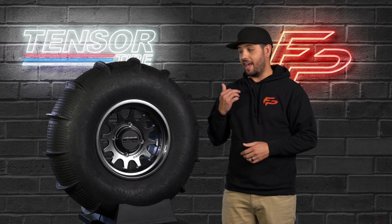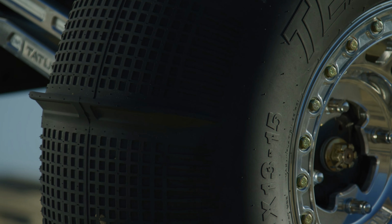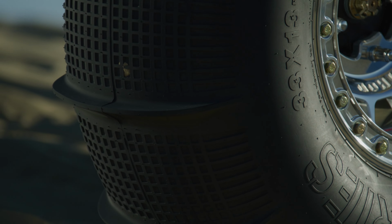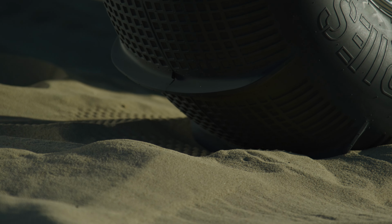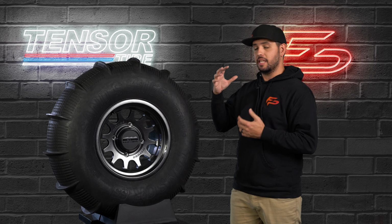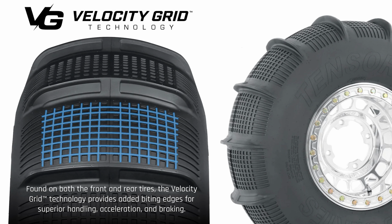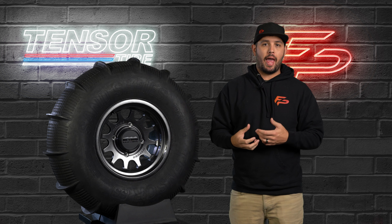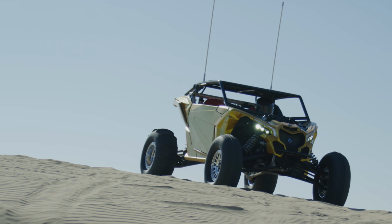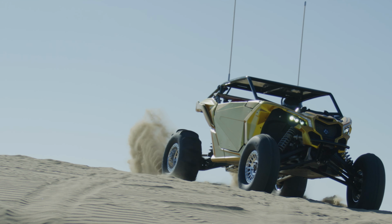All right, so first up, we have the rear tire in the Tensor SS Sand Series lineup. So this is a paddle, 14 paddles, 1 inch in depth for those paddles. The biggest change that you're gonna see with this, obviously, is this velocity grid. So this is a patent pending design that Tensor has come up with. The engineer spent countless amounts of time on this, developing sort of that extra edge that you need when you're out at the dunes. You know, whether it's braking, accelerating, turning, just that overall performance and the ability to handle